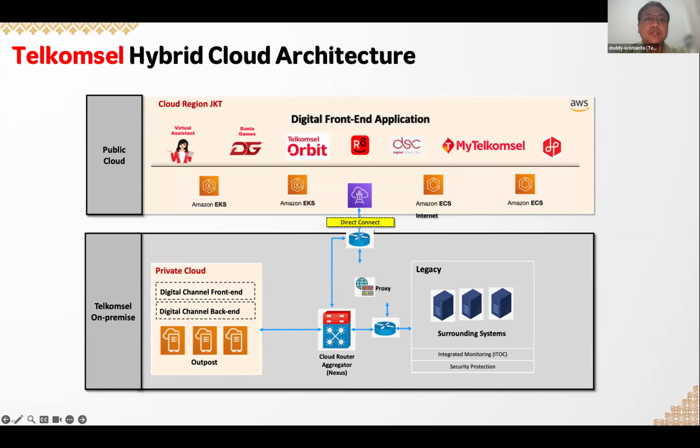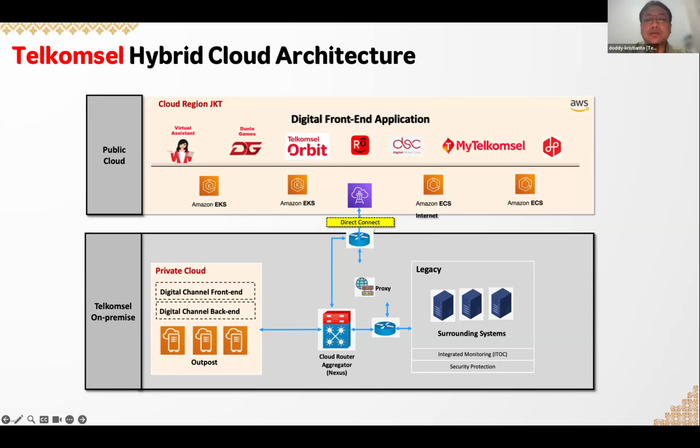So this is the Telkomsel hybrid cloud architecture that Telkomsel has implemented since 2022 until now. On the public cloud, there are digital channel front ends, such as the Telkomsel app, which is a self-service channel for our end user customers. There is digital smart care, DigiPost for outlets, sales, and many more.